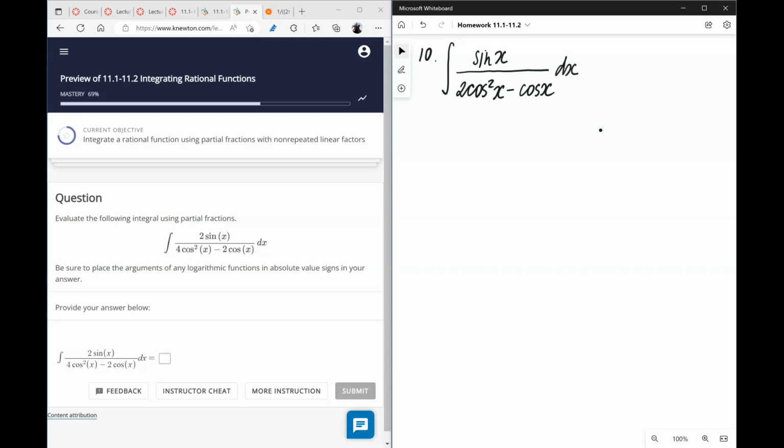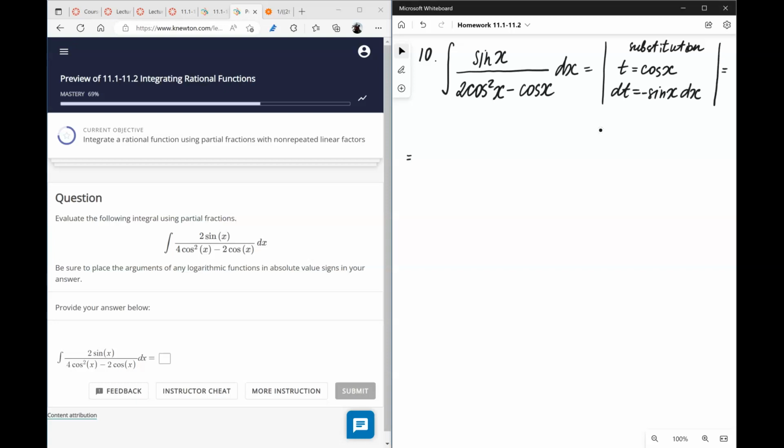Now, notice that the substitution that I'm about to introduce here, basically setting t equal to cosine of x, results in dt being sine of x dx. We have a negative sign over here,